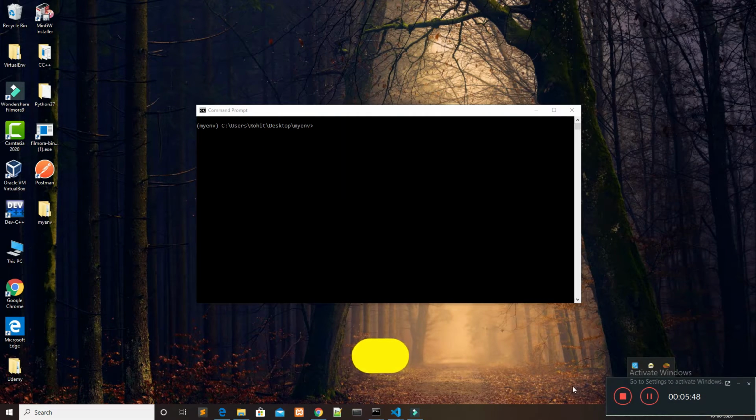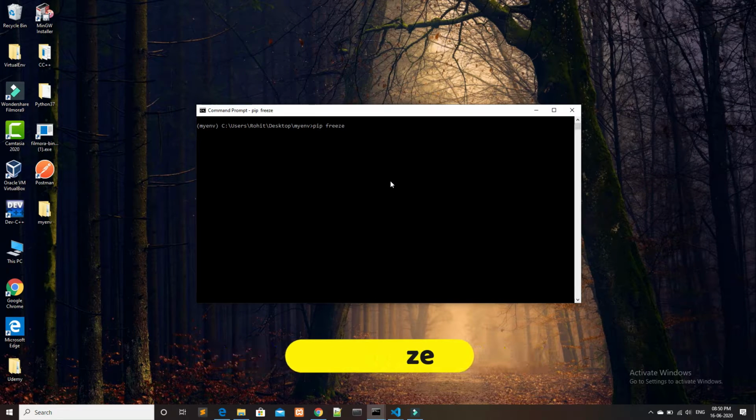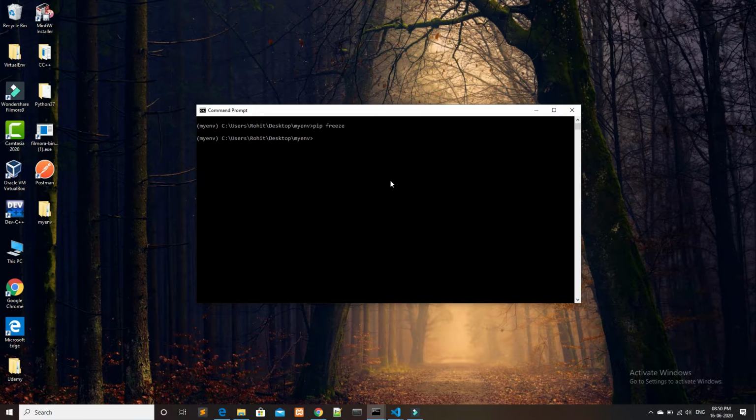Now suppose you want to see what are the packages that are installed on your virtual env. You can see that by the command pip freeze. Okay, no packages are installed right now.